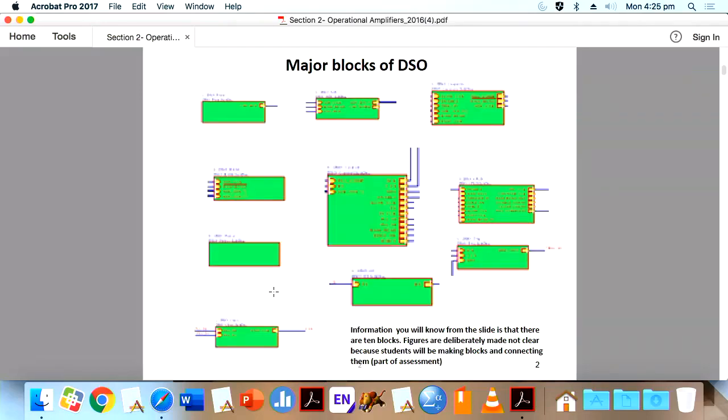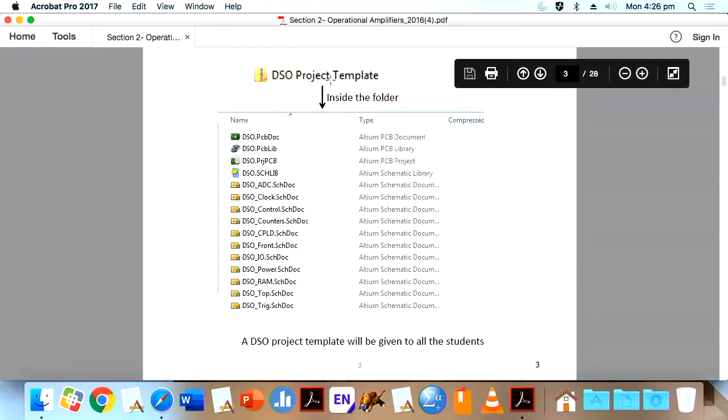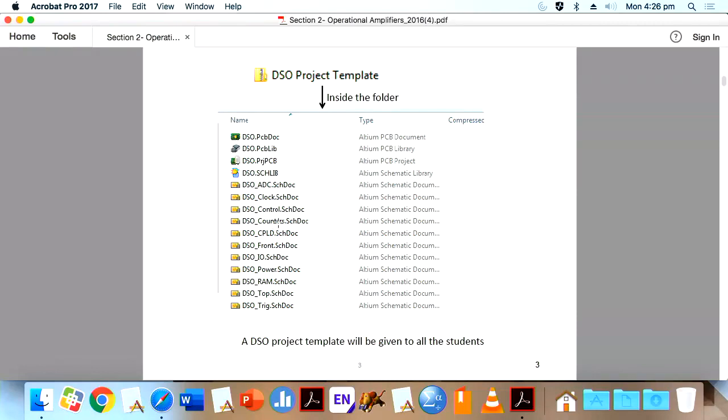And then on the LMS, you will see a folder called the DSO project template. You download this DSO template, and when you open it, you will see it like this. You can see the DSO PCB, which is a DSO PCB design file. Then here you can see 10 major blocks: ADC block, clock block, control, counters, CPLD, front end, input output, RAM, top, then trigger. So when you count 1, 2, 3, 4, 5, 6, 7, 8, 9, 10, 11,